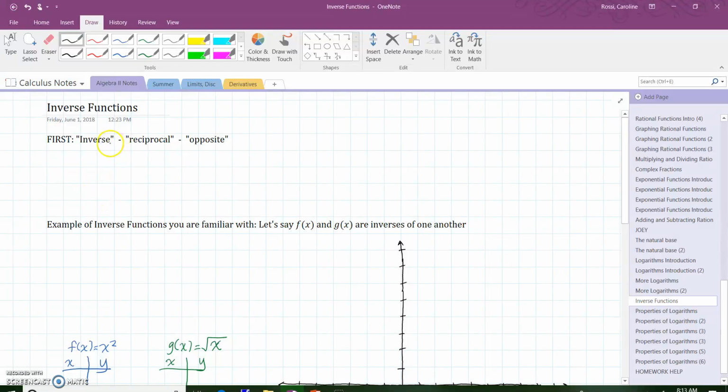Hi everybody, this is your video on inverse functions. It's an introduction to them to get ready to work with logarithms more and learn different ways of solving. So before I actually talk about inverse functions, I want to take just one more second to clarify inverses, reciprocals,